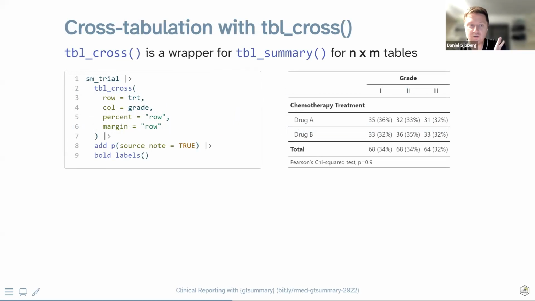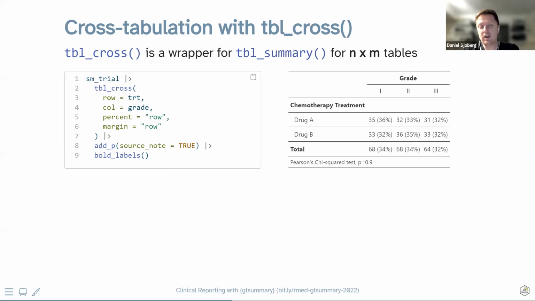All right, I'm going to go through just quickly a couple of other things that you can do. There's a function called tbl_cross, which does cross tabulations. This is actually just a simple wrapper for tbl_summary, but highlighted specifically to give you results that look like a typical cross tabulation. And you can see here that add_p is actually a generic function, and it has S3 methods for tbl_cross, for tbl_summary, and other functions that we're going to see in the future.